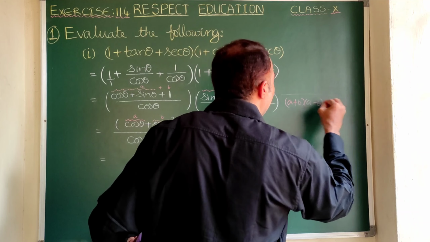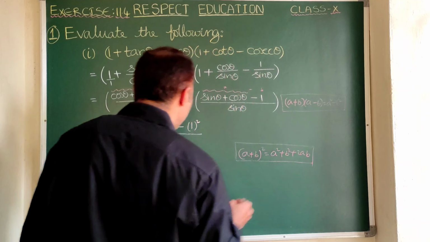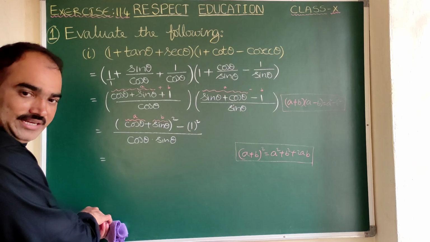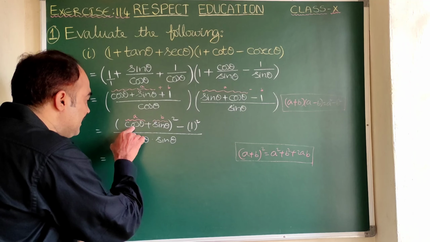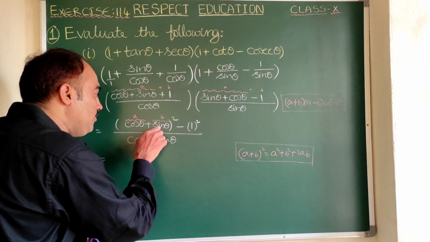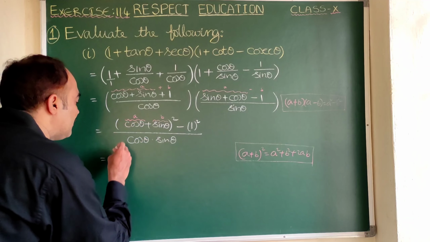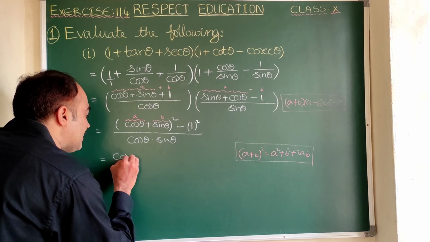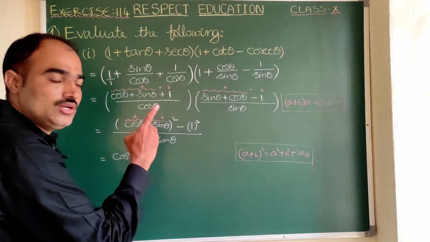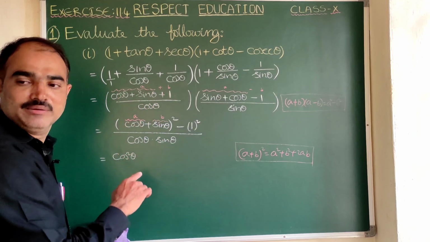These are the formulas we have applied. Now let us apply the formula. In place of A, you take cos theta as A. Same way, in place of B, you can write sin theta. Now can you tell me what A square will be? Cos square theta. Actually, it is cos theta whole square. You do remember that cos theta whole square or cos square theta, both are the same.